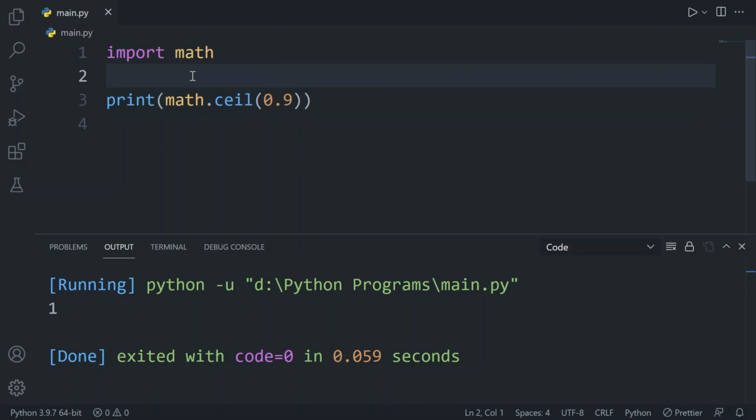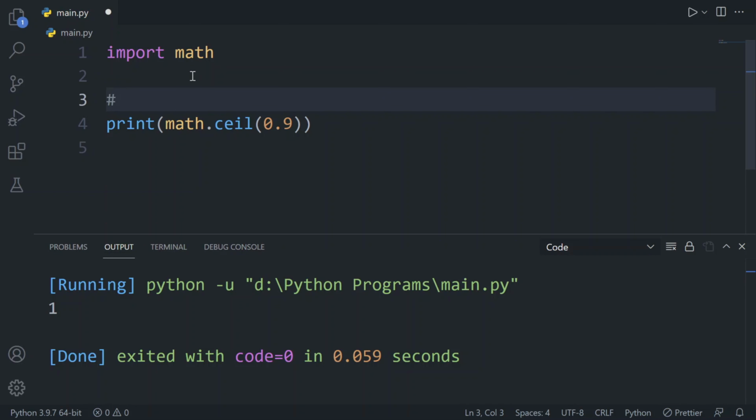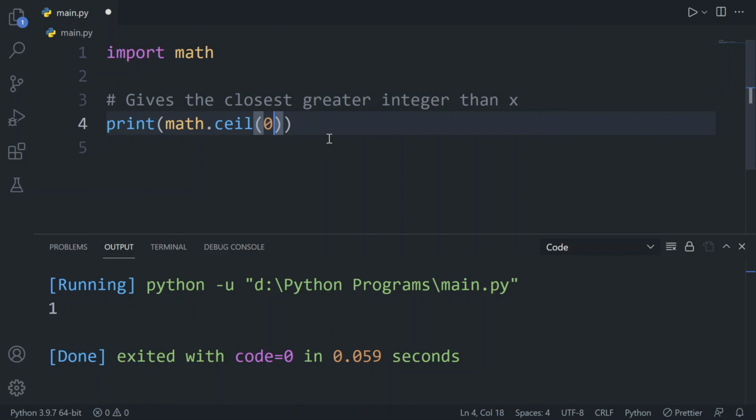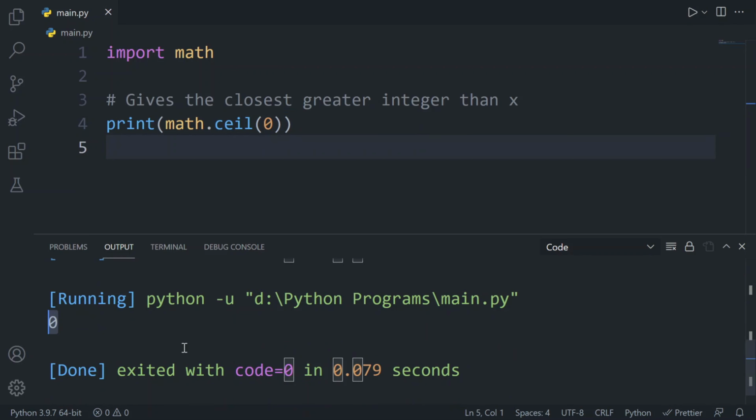Okay, so here let me just add a comment. Gives the closest greater-than integer than x, or sometimes it will give you x directly. Okay, so let me pass 0 here. Now if I pass 0, it will return the same. Here you can see 0.